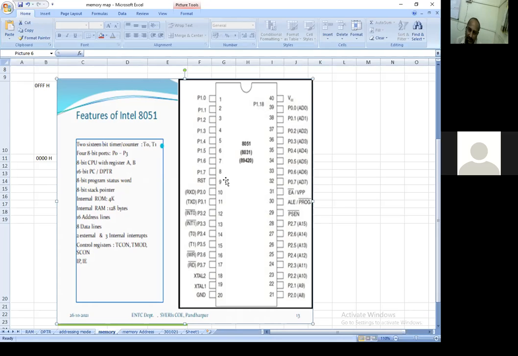It is a master reset that we don't have to forget. When we are writing a program we can definitely use this reset pin. When we physically interface devices, this reset pin is very important.